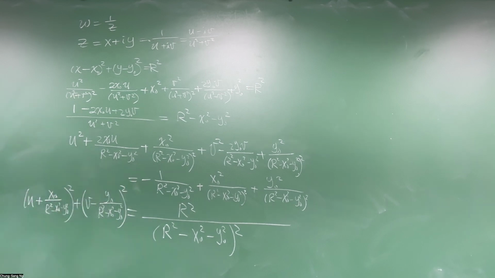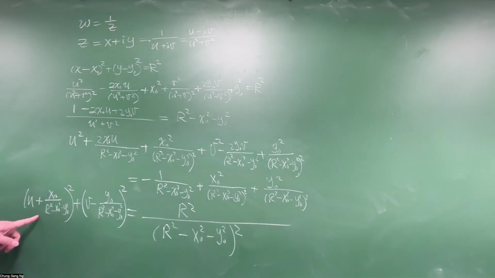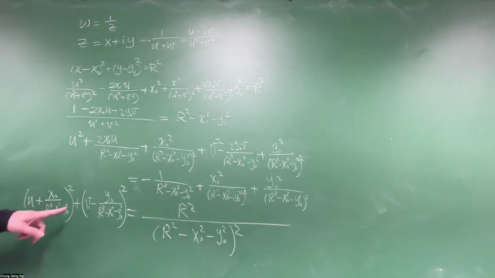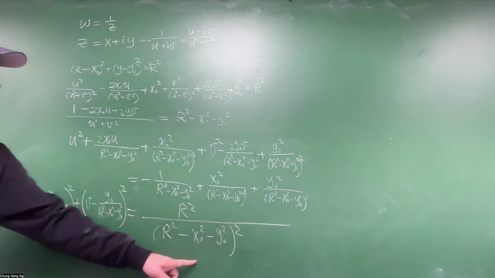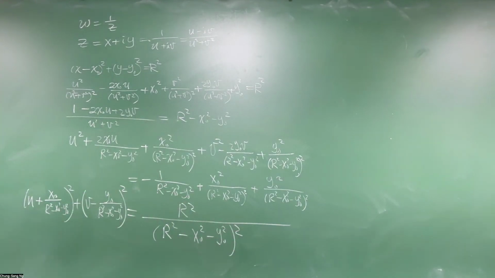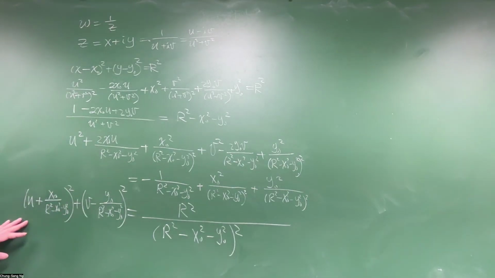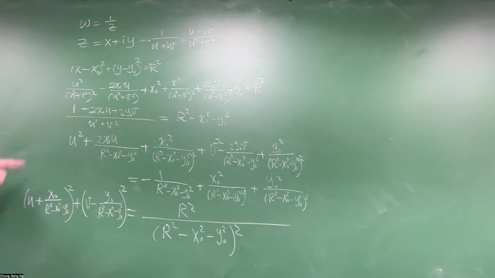Yeah. Okay. Now the center of the circle is at these two locations. So u is minus of this one, v is this one, and the radius is the square root of this one. Is that okay? Hopefully I get everything correctly, but at least you see from this process,